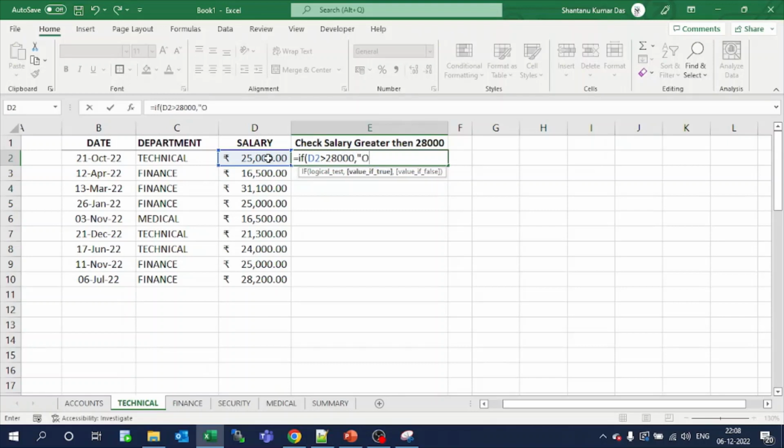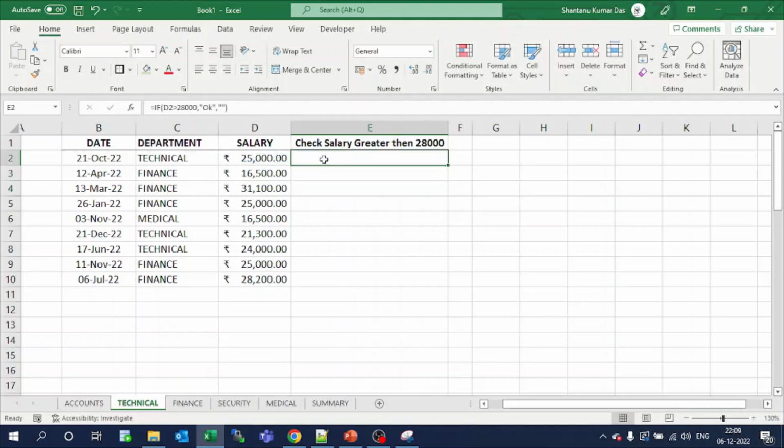If true, then okay. If false, then you can mention anything. I just keep a blank. So just pull it down. You will get that two salaries are above 28,000. So there is a good practice that place this value somewhere else. Suppose I put here 28,000 and I will refer it here